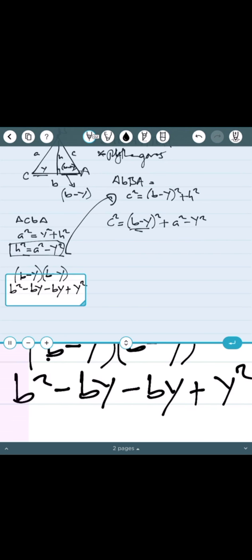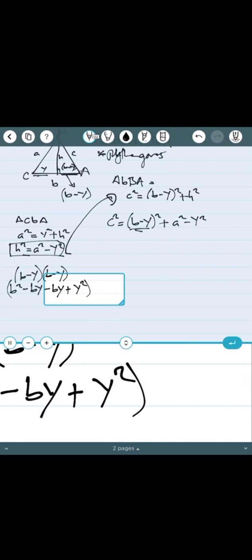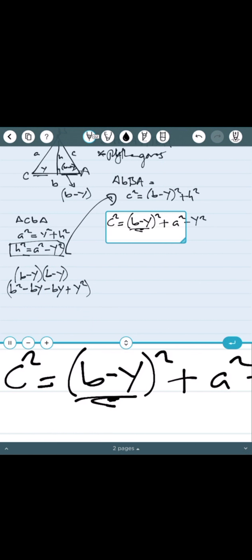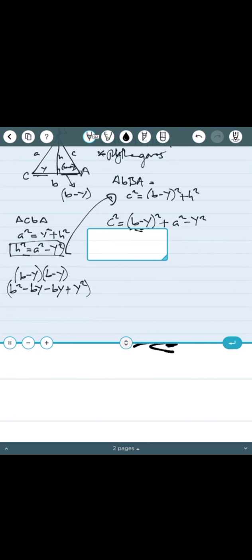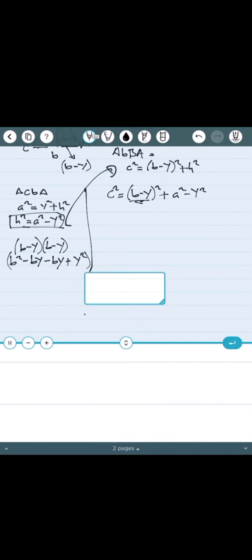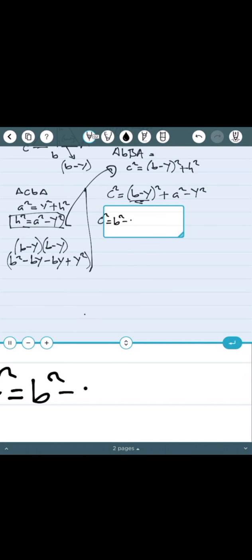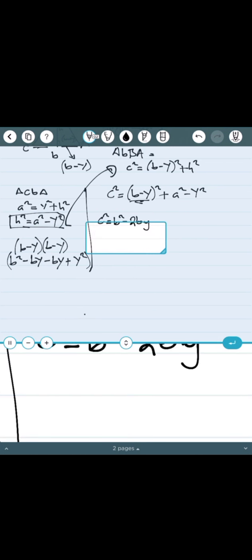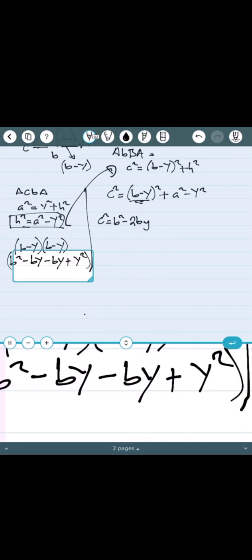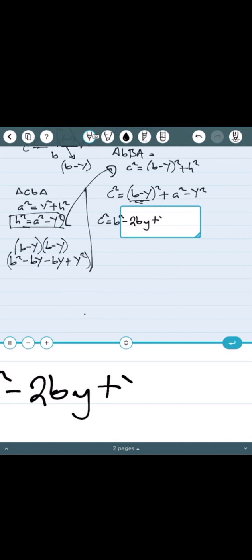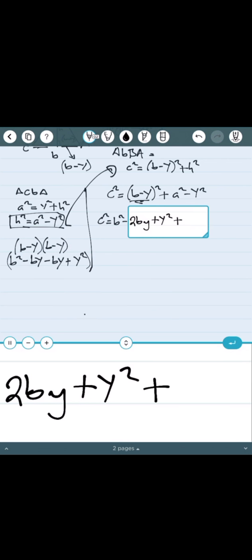So we are saying this is the expanded view of what we had here, that is the b minus y squared. So now here, my work is a bit messy, but I hope we are able to follow. Here we're going to say c squared is equal to b squared minus 2by, because we had two of them there, negative by minus by gives us negative 2by, plus y squared